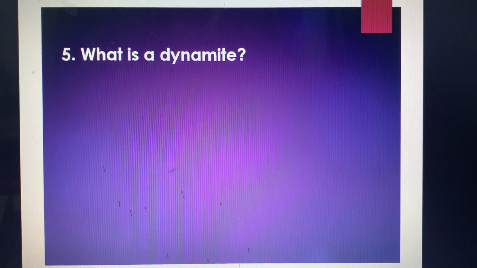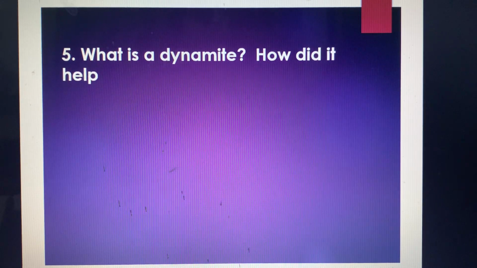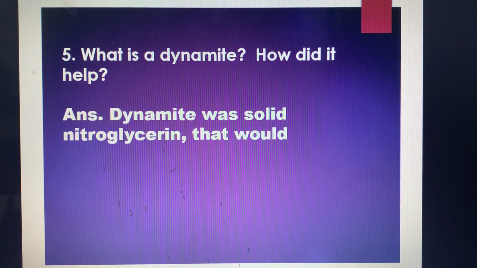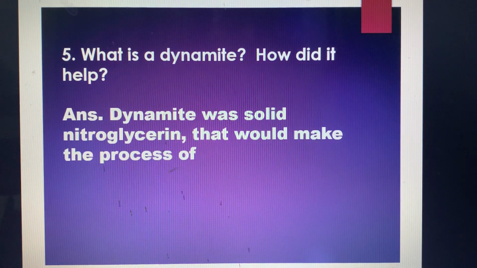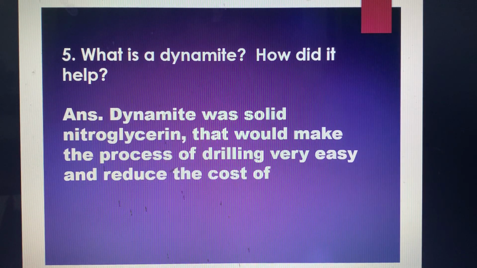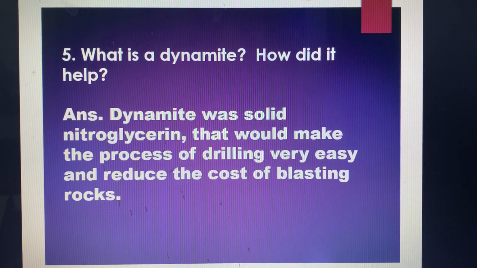Next question is question number 5. What is dynamite? How did it help? So what do you mean by dynamite? You all have seen in the picture also. Dynamite was a solid nitroglycerin. It was a solid nitroglycerin that would make the process of drilling very easy and reduce the cost of blasting